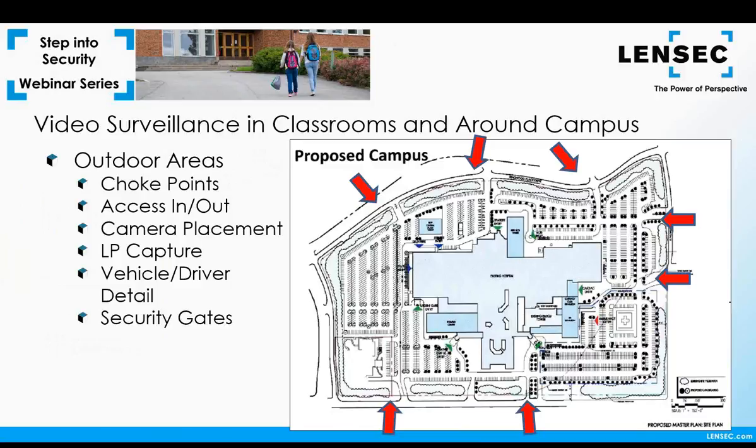Training cameras on these driveways can help you capture valuable info about the vehicles and people around your facility. You'll want to narrow the field of view and choose a higher resolution on cameras that are focused on choke points. You may be able to capture license plate detail in optimal circumstances. You may be able to capture detail about the driver or pedestrian that enables you to accurately identify a person. You'll also be able to capture info about vehicles such as make, model, color, and distinguishing characteristics.